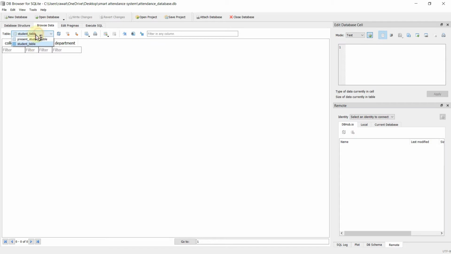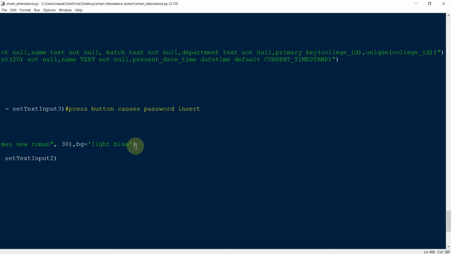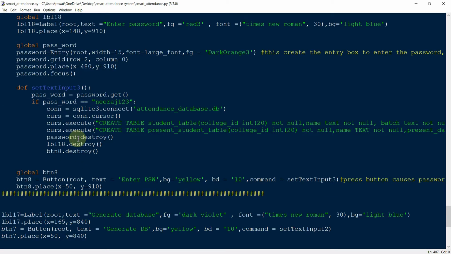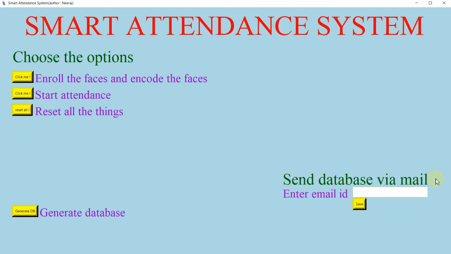Right now the two tables are empty. Now we need to enroll the students and take the attendance. If a student is present, it stores the student in the present student table, and after that we need to send the database using email. Now we see that part.